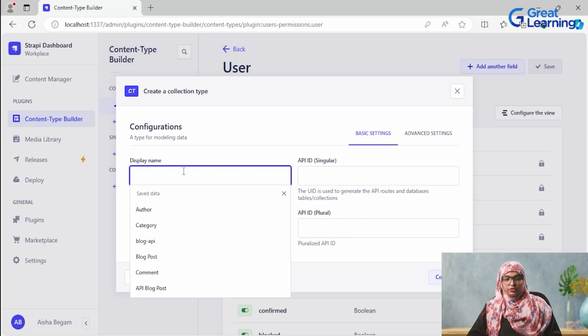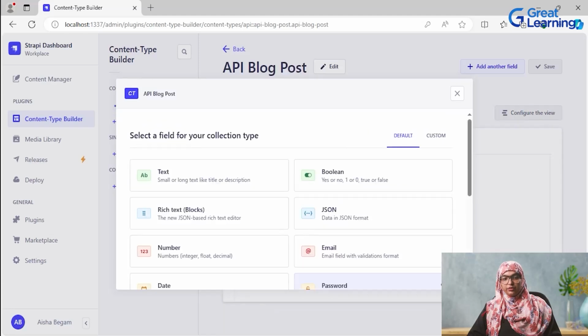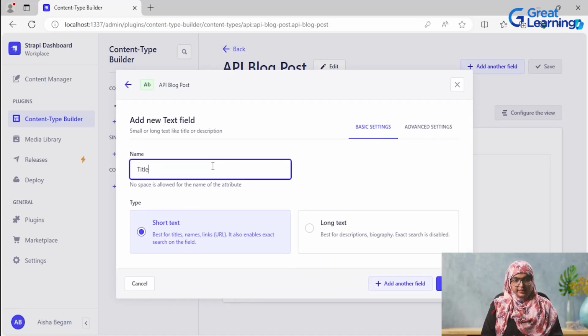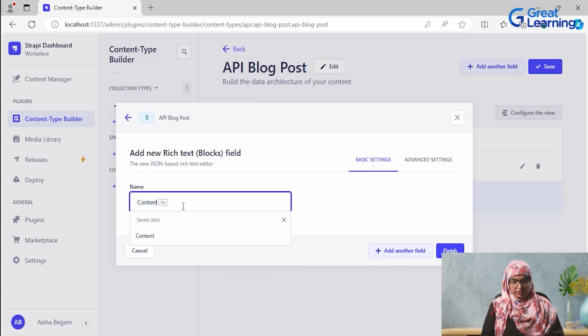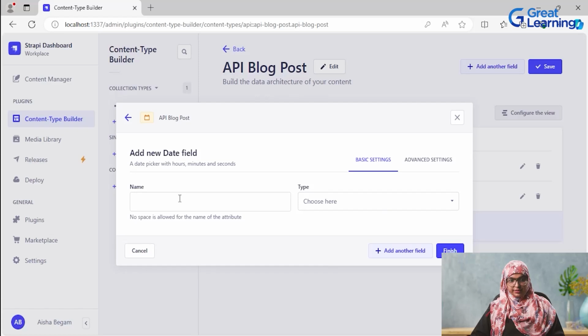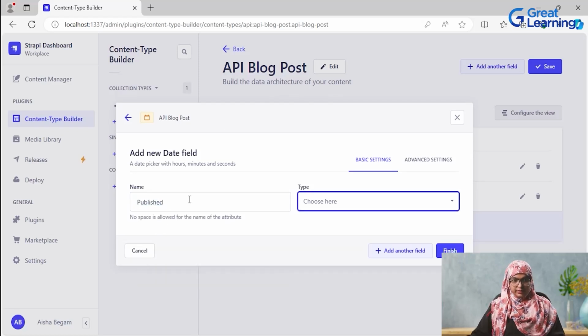So I will have my display name as, I'll just give it as blog API post, and then I'll click on continue. What are the things which we need to have in your blog API post? First thing is the title. So I will just have a short text over here and I will give it as title. Okay. And I'm adding another field with the rich text, that is my content, right? And then I will use a date field over here, wherein I'm using it as published,